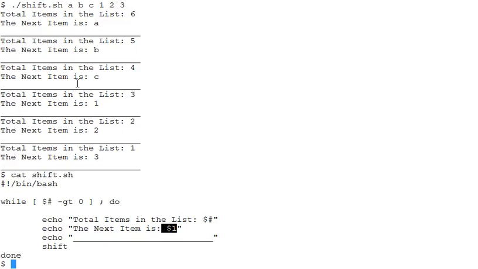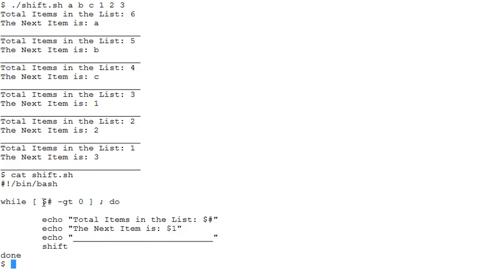So the next value, which is B in this case, becomes the first value, and we access it by using the $1 positional parameter again. So every time we call the shift command, it discards the value being pointed to by the positional parameter $1.